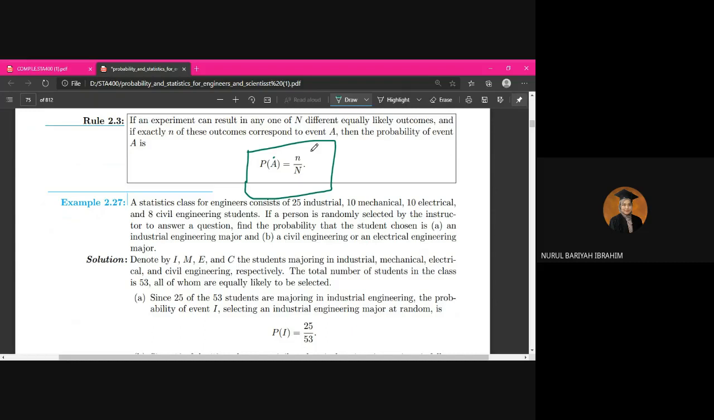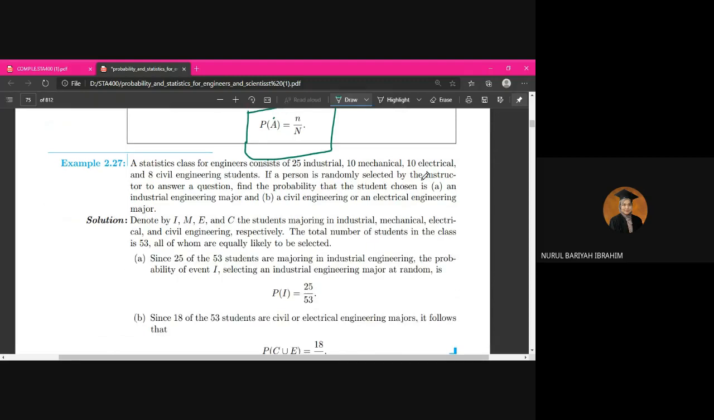Okay, let's see the example here. A statistics class for engineers consists of 25 industrial, 10 mechanical, 10 electrical, and 8 civil engineer students. If a person is randomly selected by the instructor to answer the question, find the probability that the student chosen is an industrial engineering major. Industrial, which is we know that the number of students in industrial class adalah 25 students. It will be 25 divide dengan, kat sini kita punya event adalah industrial engineering major students, so it will be 25 divide dengan